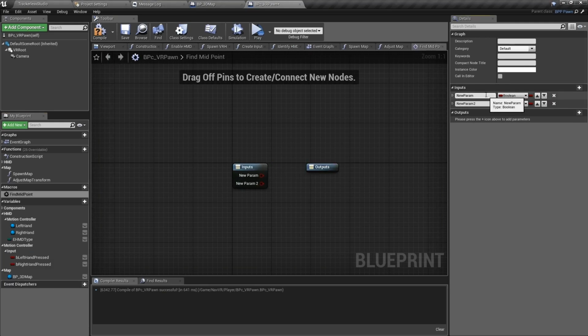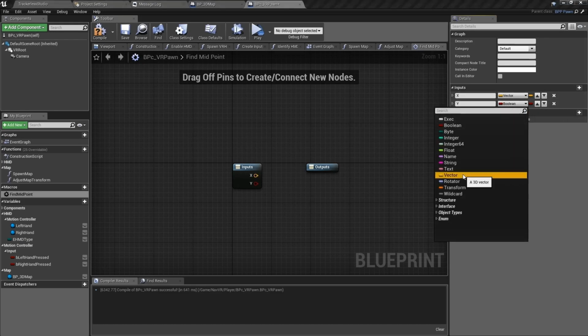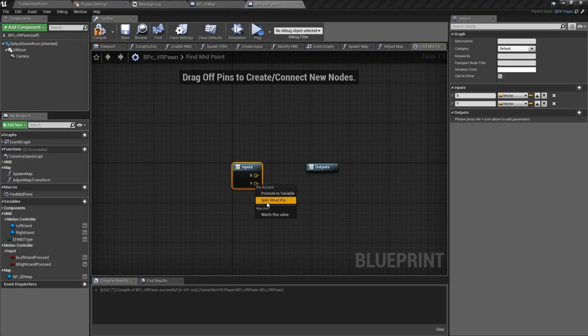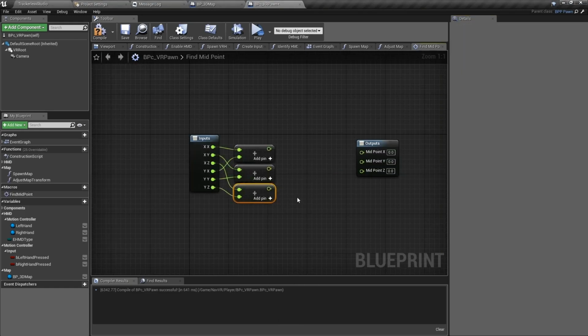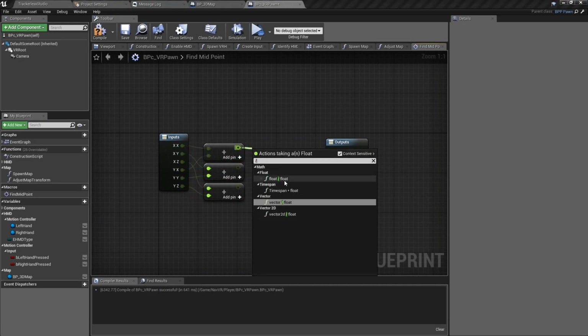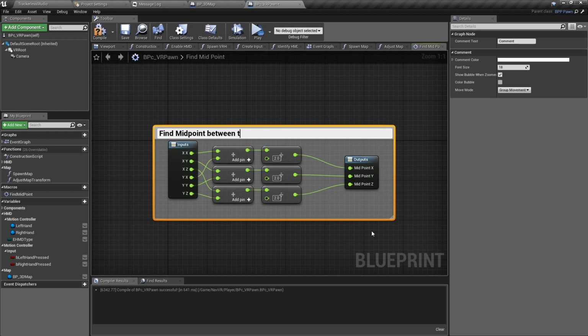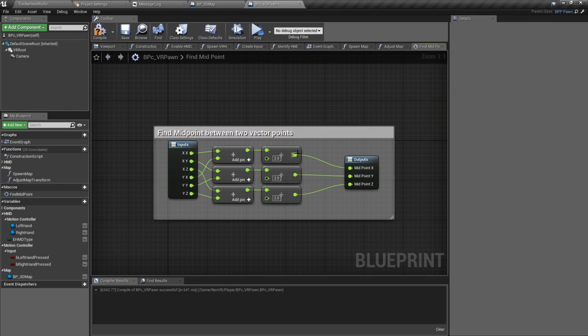Let's create our FindMidpoint as a macro. It's very easy to convert this equation to blueprints. It will need two vector inputs and one vector output. Split all of the structure pins. The equation is x1 plus x2, y1 plus y2, and z1 plus z2. Then divide each by 2 respectively. Plug in the x result into x, and so on. And that's it. Now we have a macro that will provide us the point directly in the middle of 2